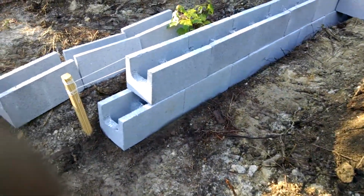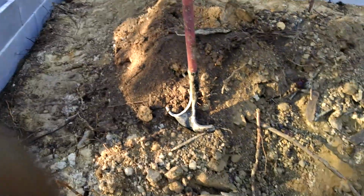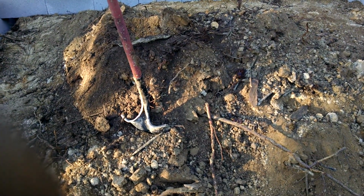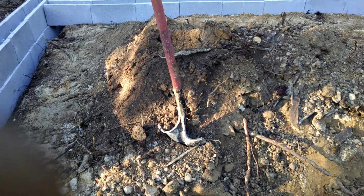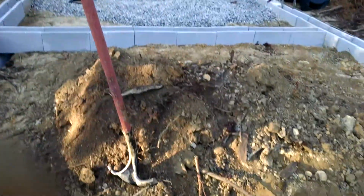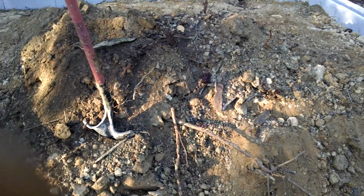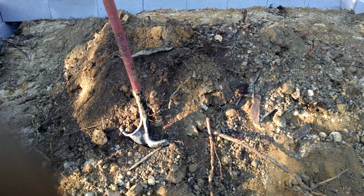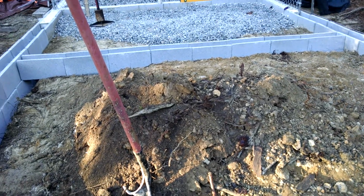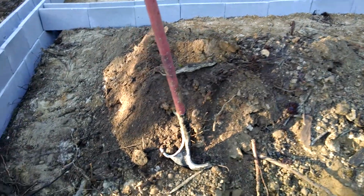So I got this end right here to do. I can take the bucket and move that around a little bit so I can drive up in there and dump another bucket of stone in that center pen before I put this wall in here, and that way I can have more stone in there. Because I took the shovel,